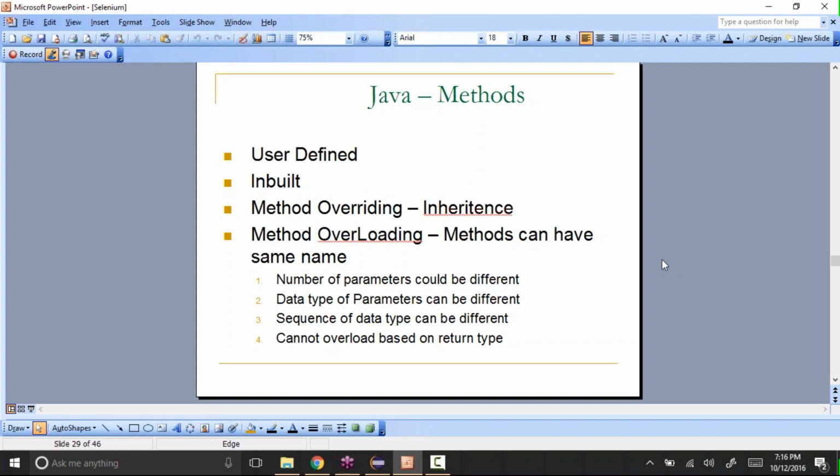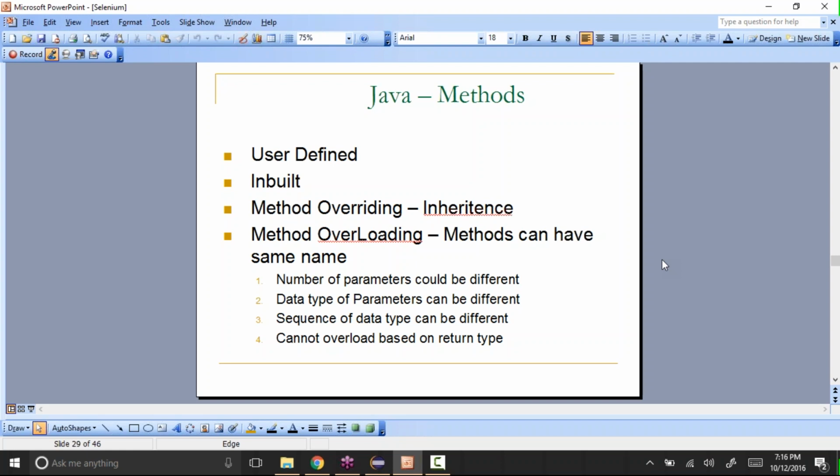But to do that overloading, there are different things that we need to do. For example, the name can be the same, but the parameters that you are passing to that method should be different. The number of parameters can be different. For the first method you can have only one parameter, and for the second method you can have two parameters, but with the same name.